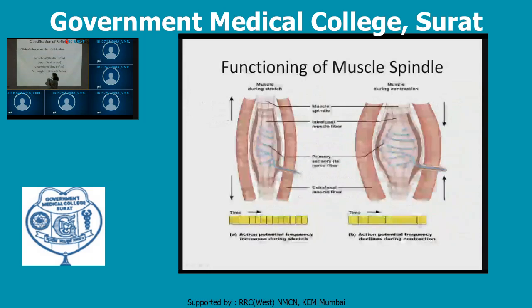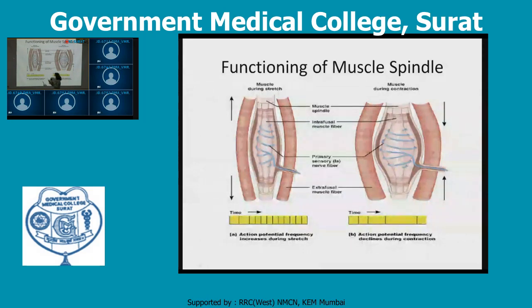The intrafusal, along with this, let us talk about something about the gamma efferents. The gamma efferents' discharge also affects the stretching. Whenever gamma efferent discharge is increased, that causes the contraction of this muscle spindle, and the discharge that helps in the action potential propagation is decreased, and it helps in making the contraction a smooth one.